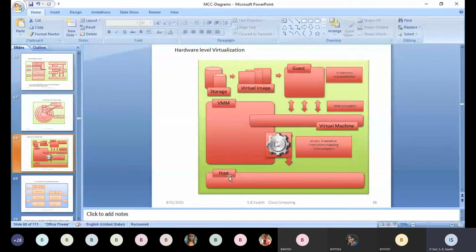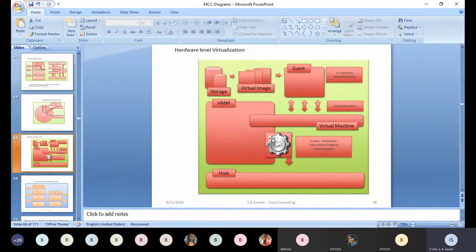The cloud provider, or the company which is providing us the cloud services, is called the host, and guest is the person who is using that. Now we are all using the CMS, right? Faculty is using, students are using. So we all come under the guest, ma. We are using those services. So that is the guest and host here.